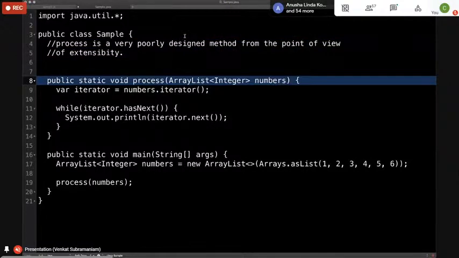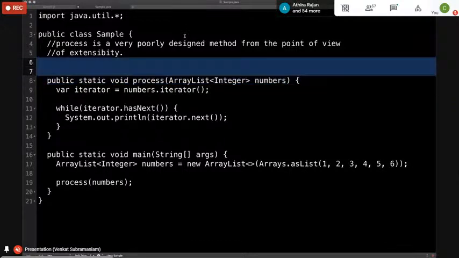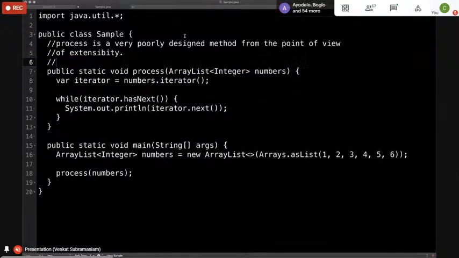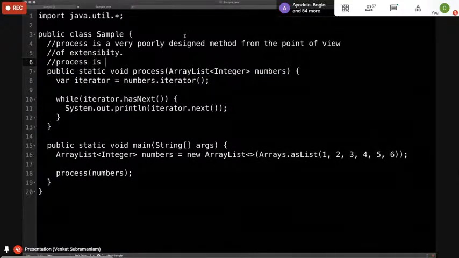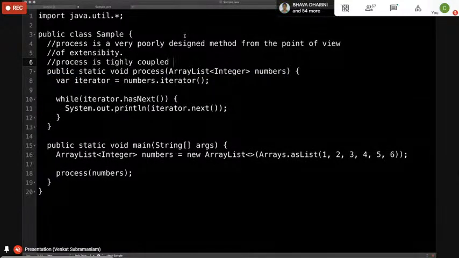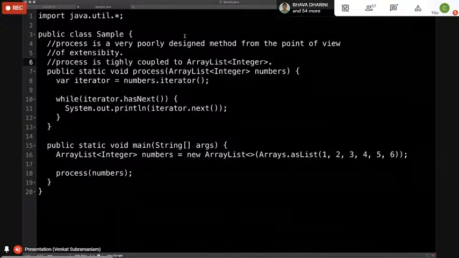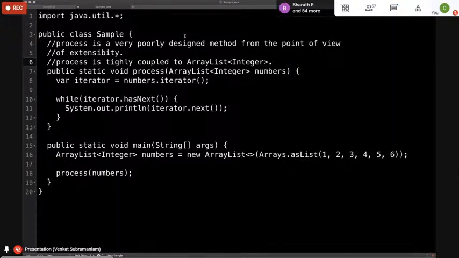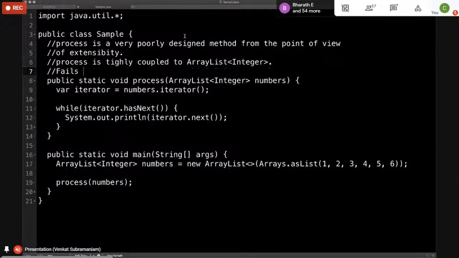As a programmer, you need to be able to tell me, oh, Venkat, please don't do this. This is bad. Why is it bad? The reason it's bad is, from the software design point of view, process is tightly coupled to array list.